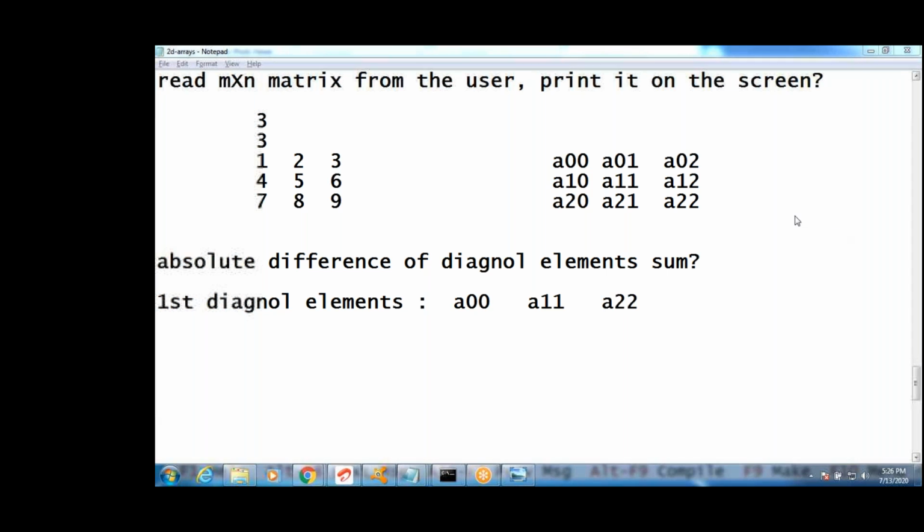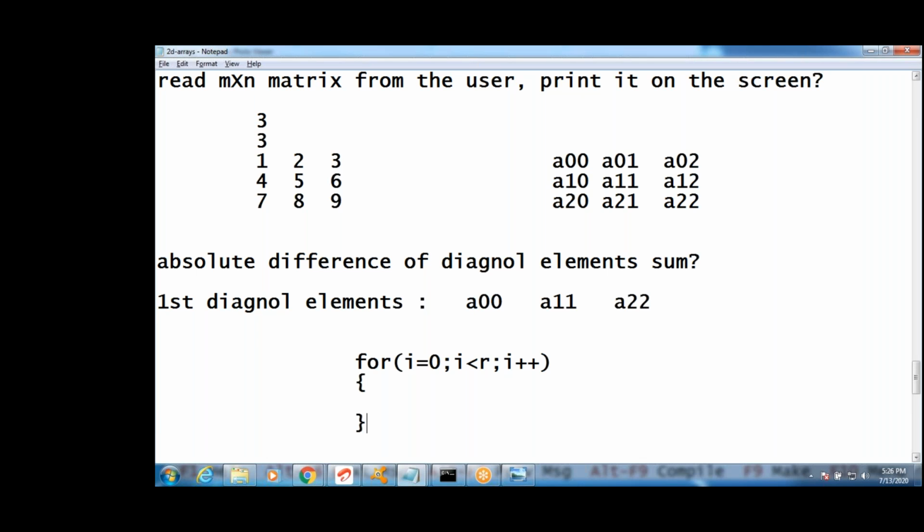Yeah, i equals j. We can write that, Divya. Okay, good, Divya. But two loops you can write. In one loop also I am going to write the first elements A00, A11, A22. I want the sum of these elements, right? Then how can I write? Can I write like this, guys? See this. For i equals 0, i less than rows, i plus plus. Rows means 3, right?